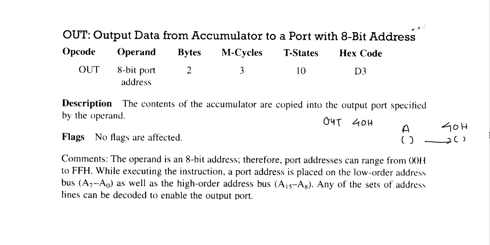Again, if we talk about machine cycles, it has 3 machine cycles: opcode fetch, second one memory read, third one IO write. So this is all about today's data transfer instructions that we have discussed. In this we saw how we can find out the number of machine cycles as well as T states, and we also saw what work is carried out by each instruction. Thank you.